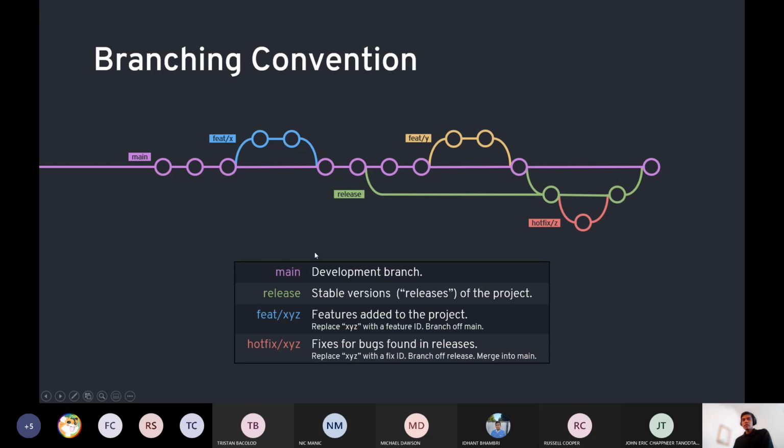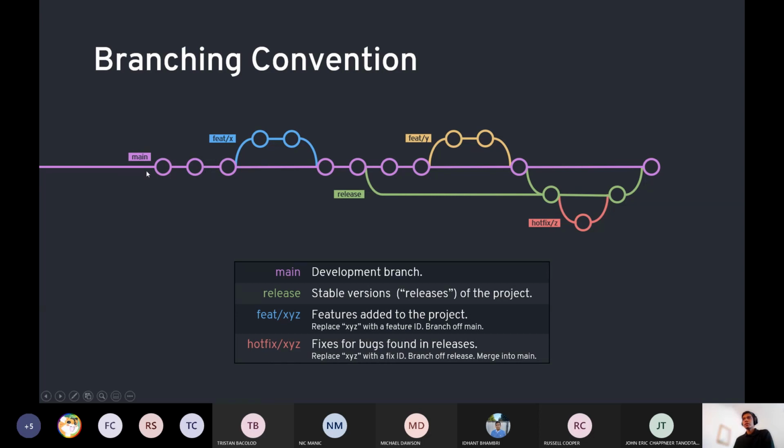Let's talk about what's known as a branching convention. A branching convention is a practice that you can adopt in your project, where it says your project has these branches, and these are the practices that you'd use to make new branches. It's not enforced by Git, so it's up to you as the project contributor to uphold the convention.